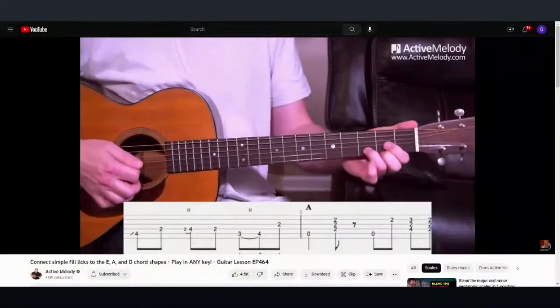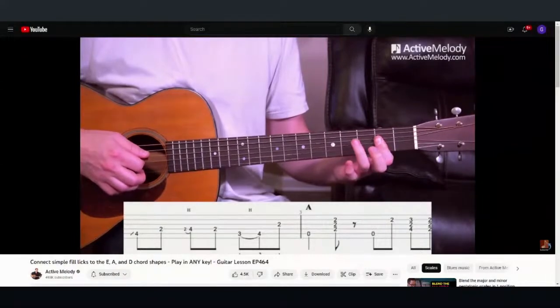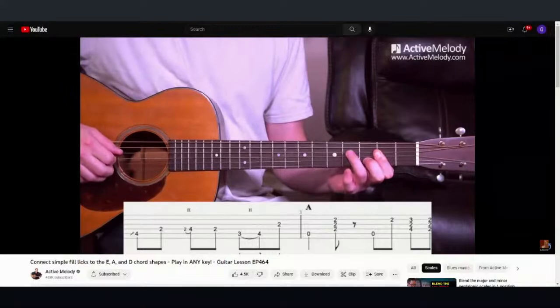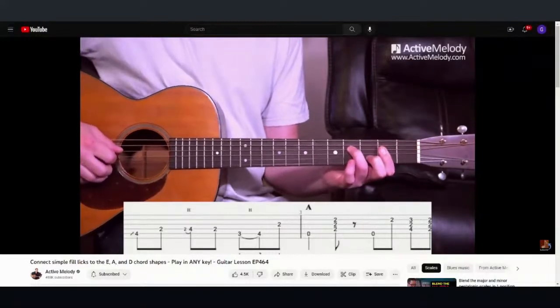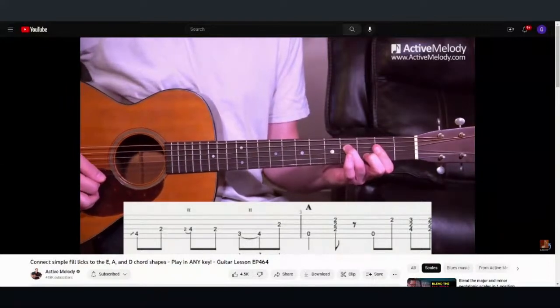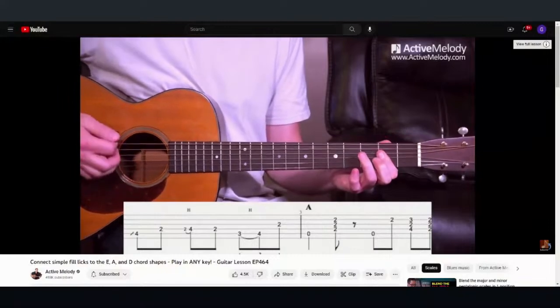And to play that, instead of playing the D chord like this, we're going to play it like this, where we keep the bar on that 2nd fret, but we put our middle finger down on the 3rd fret 2nd string, and then we put our ring finger on the 4th fret 4th string, and we play strings 4, 3, and 2, those middle 4. And then we go back to the A chord. So you have...